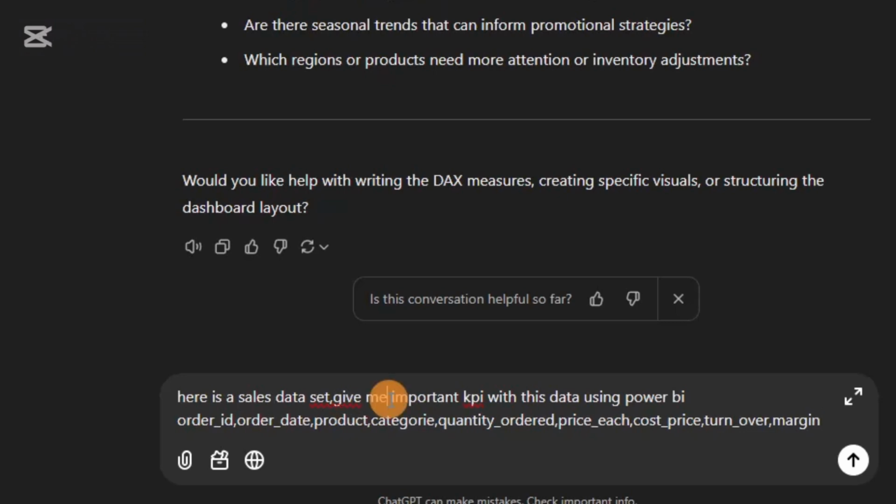Give me answers to the following questions using this data. Okay, we can do this with this data using Power BI. So this is the data, then you can come here, right? You can come here